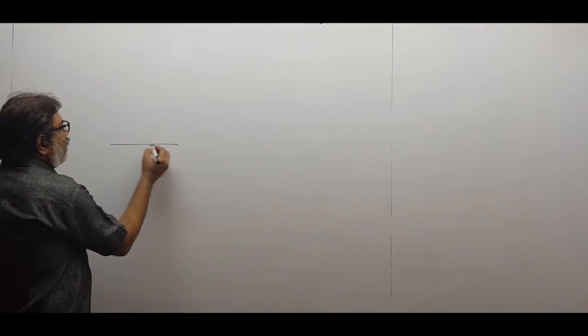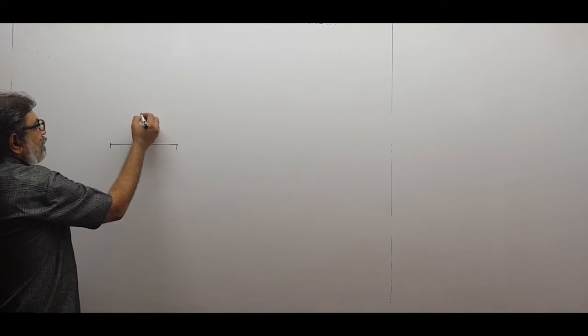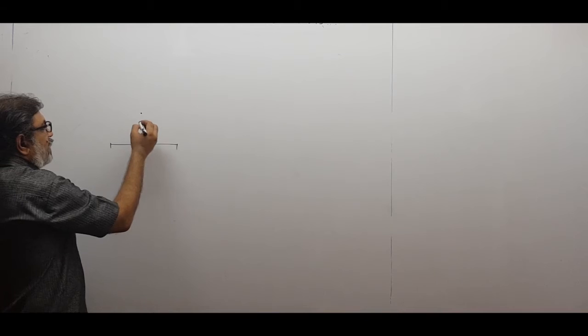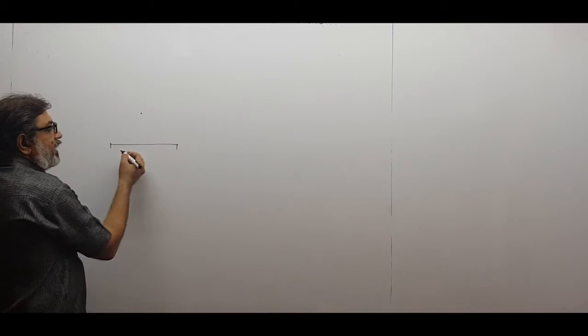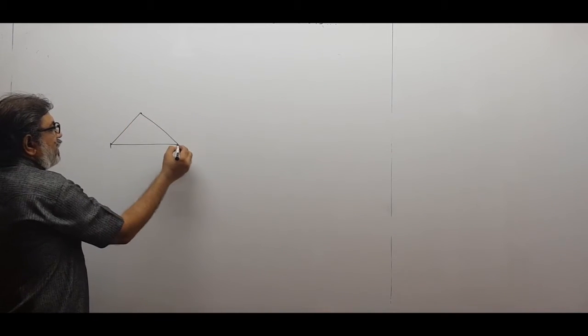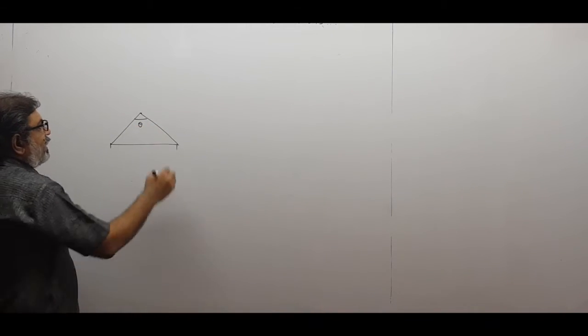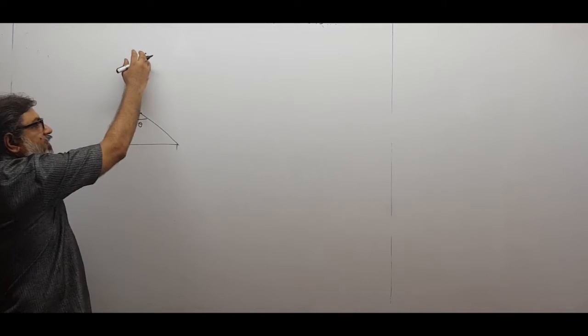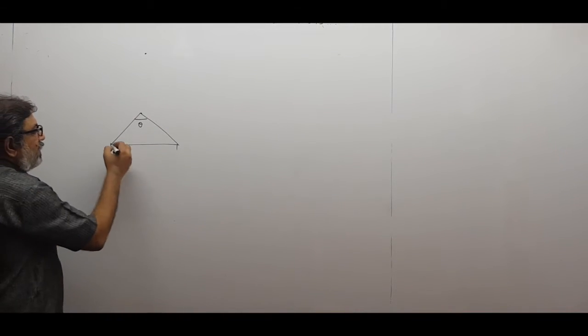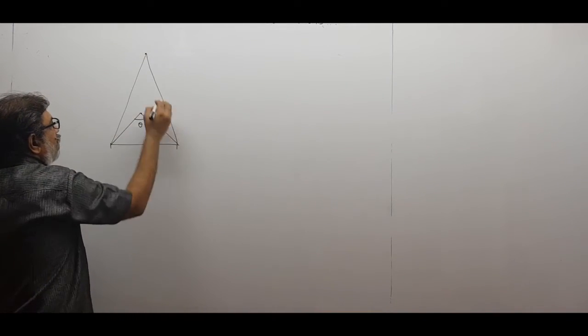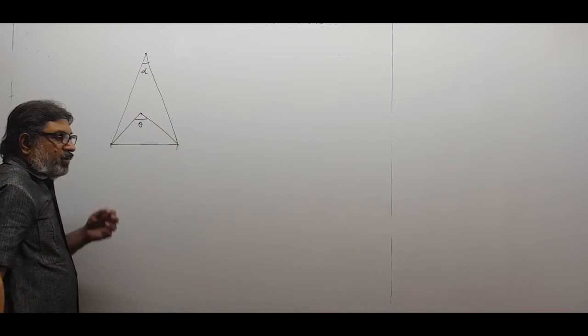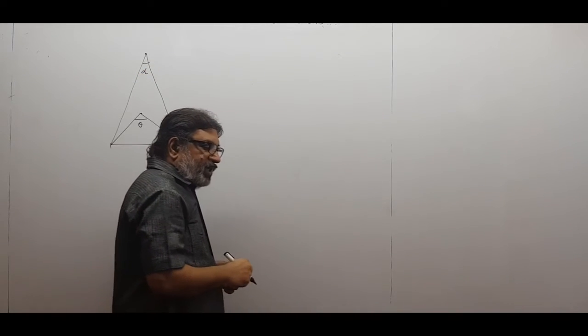This is the width of the window, supposing, and supposing there is a tree over here. So the tree at the window or at your eyes will subtend only this much angle, this much angle theta. And the distant objects which are very far away from the window of the train will make this much angle at the window, say alpha. So you can clearly make out that theta is more than alpha.